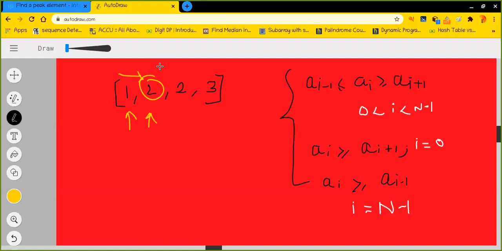Okay, fine. Similarly, let us say the array is 1, 2, 3, 4, and 5. In this case, which one is the peak element? The peak element is basically 5, isn't it? To find 5, if I am going from left to right, then I end up finding the peak element right here at position n minus 1. So what is the time complexity if I find the peak element by traversing from left to right? That is basically order of n in the worst case, right?